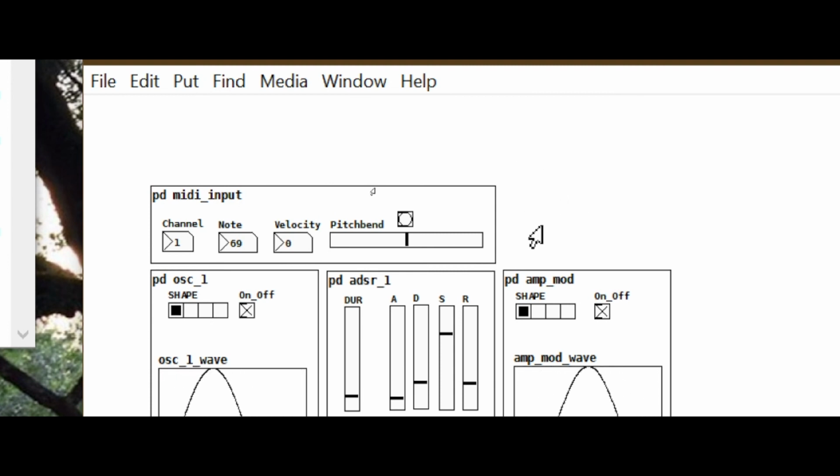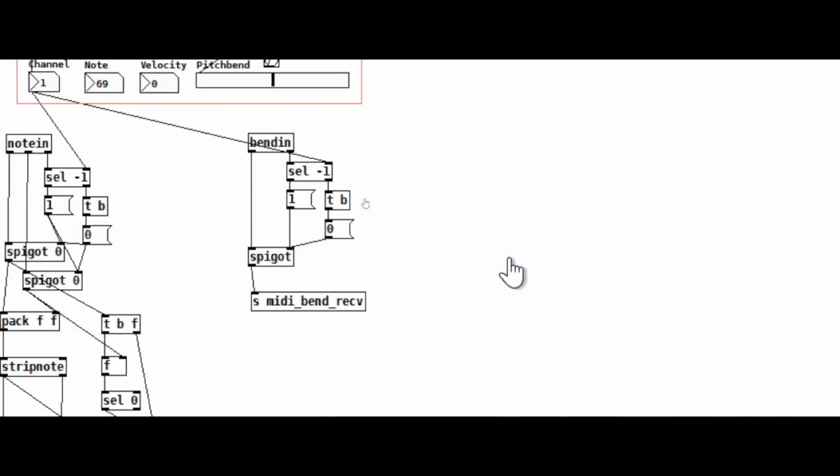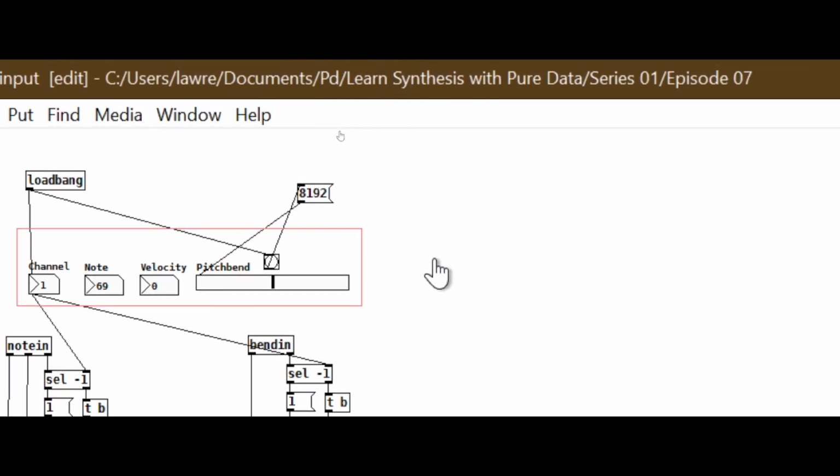But now I'm just going to show you one more thing. We are going to add the ability to change how much it's being bent. It's not going to take long at all because of the way I set this up. I have a number box here. This is the number 2 box. In other words, the ones that can be